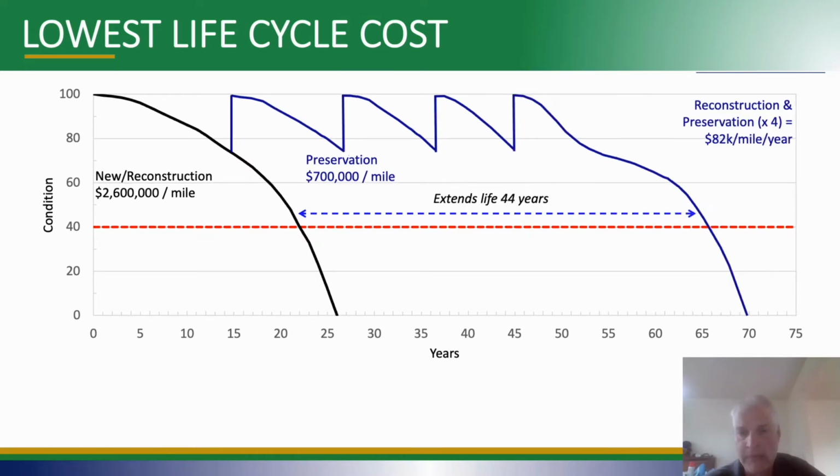Now, to show what happens if you try and squeeze another preservation cycle out of it, you bought another 7 years, but it's actually a higher life cycle cost than the previous one. You can't keep preserving forever, and if you look at the span of time between these cycles, it's getting less each time. Every time you go through whether it's a mill and fill or whatever the preservation is, you're not going to get as much life out of it as you did the prior one.